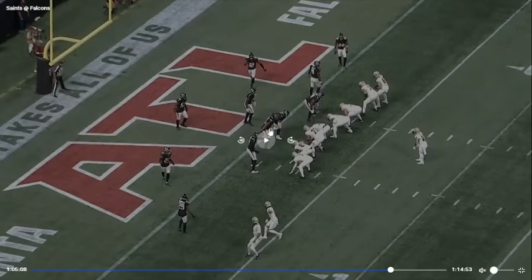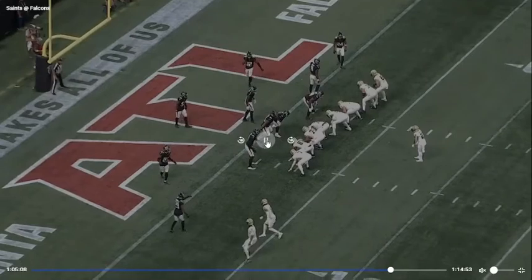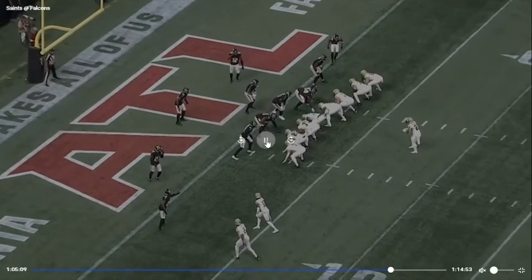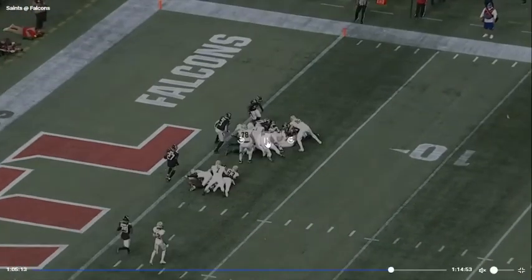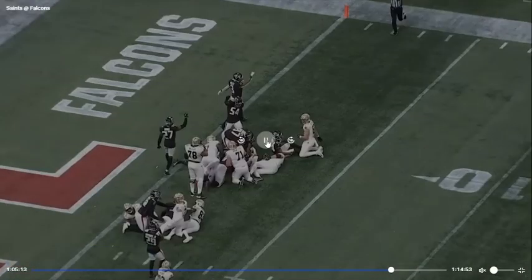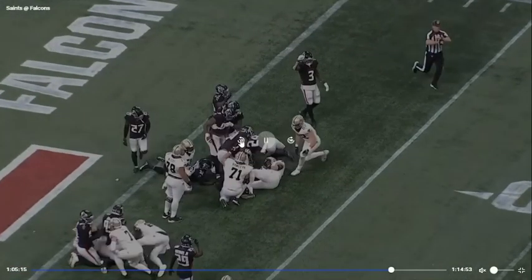So, I mean, this is just to show you the difference here. This will play. Come on. There we go. See, he's got the contain. He funnels it back inside. Cause see, if he's inside,